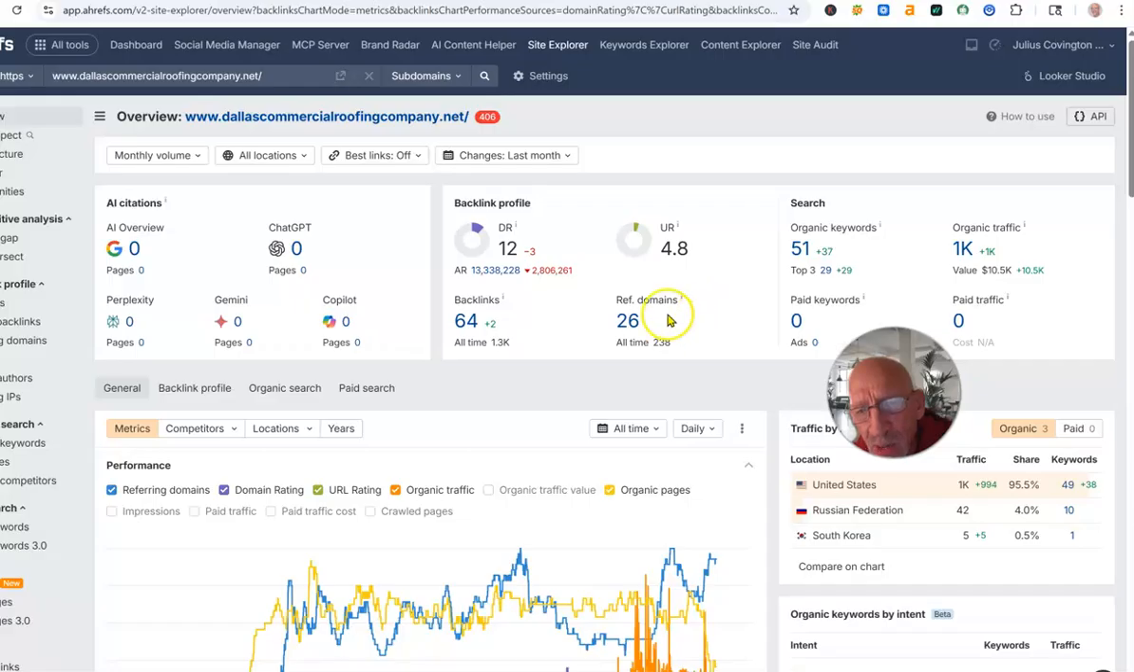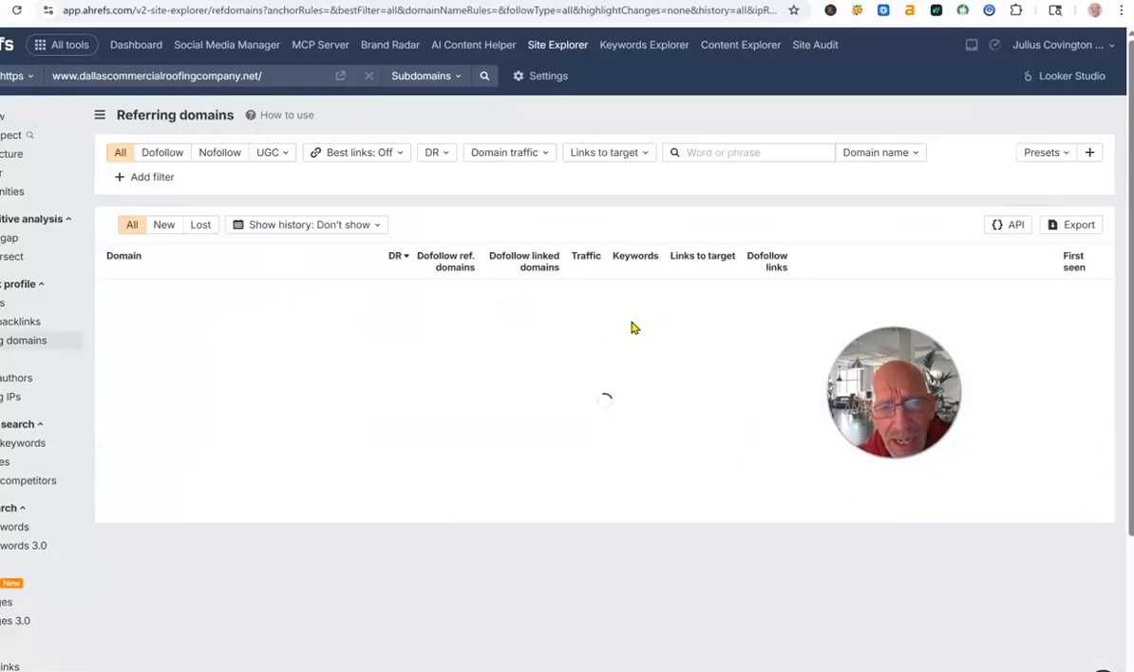So one website, one referring domain, might have 2 or 3 backlinks, different links on it, referring back to you. So this is the number of websites referring to you, and this is the number of links total on these 26 websites. Now, like I said before, the quality and the power of those websites is much more important than the number. So it's very important, and we can look here and see